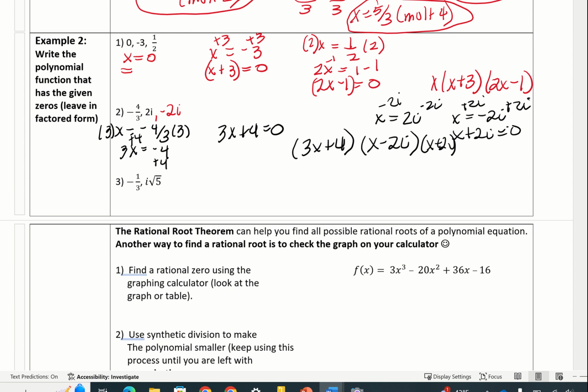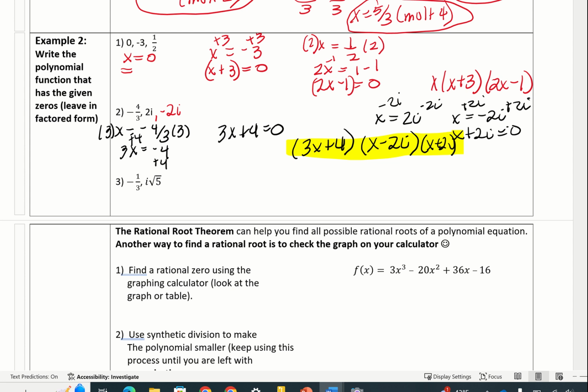Now, you can multiply the x plus 2i and the x minus 2i out, and the middle terms would cancel, and you'd basically get x squared plus 4, because it would be x squared minus 4i squared, and if you remember, i squared is -1. But we're not going to make you go that far. You can just write it like that. And then finally, the last one,